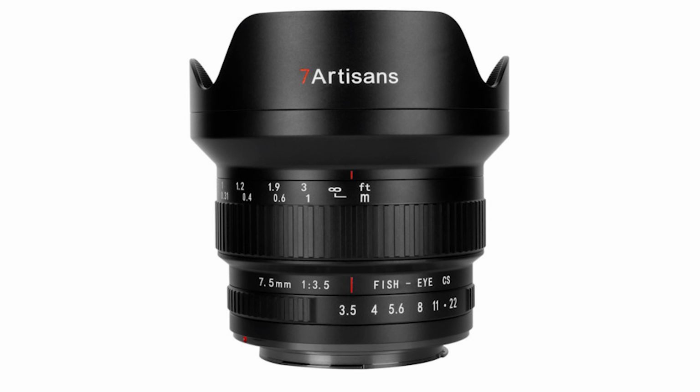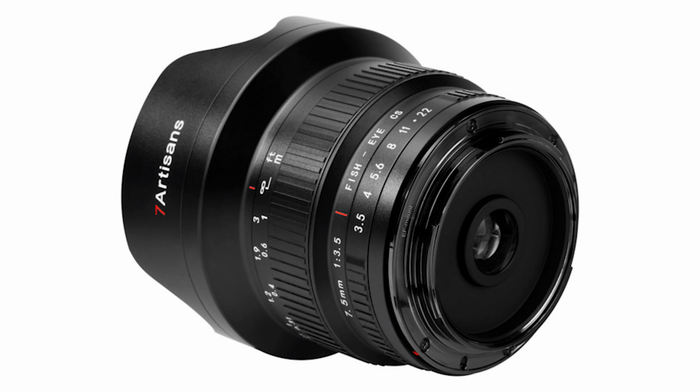If you're a micro four thirds shooter and you enjoy shooting ultra wide angle, then you'll be happy to know that 7 Artisans are about to release a 7.5mm f3.5 lens. This should be quite an affordable lens, as most 7 Artisans products are. So good news for all micro four thirds shooters, as ultra wide angles are usually quite pricey to get your